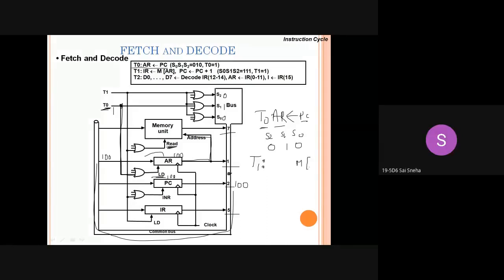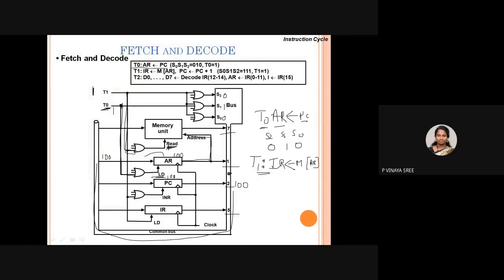Memory address to instruction register. Yes. So we need to go to that particular address inside the memory, and whatever instruction is present at that particular address must be placed in IR. Now this particular time T1 is high. So when T1 is high, it goes to that particular address. But only when the read pin is high does it read that and place it inside the common bus. For that, I am connecting this one to T1 so that this will be enabled.